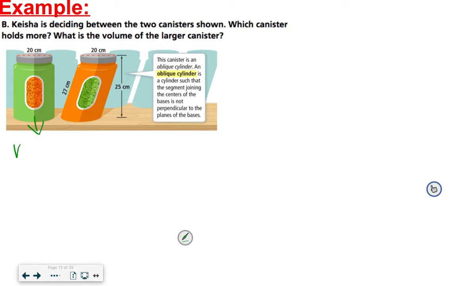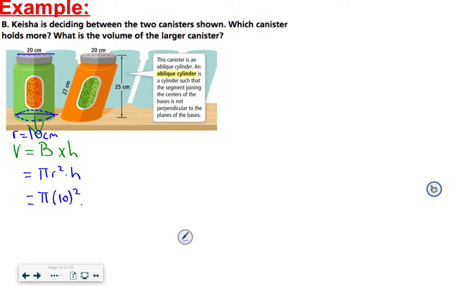And remember, how do we find the volume of a cylinder? Base area times height. Because the base is a circle, the area of the base is pi times r squared, times height. From here, ladies and gentlemen, if the diameter is 20, what is the radius? Which is 10 centimeters. If we substitute, pi times 10 squared